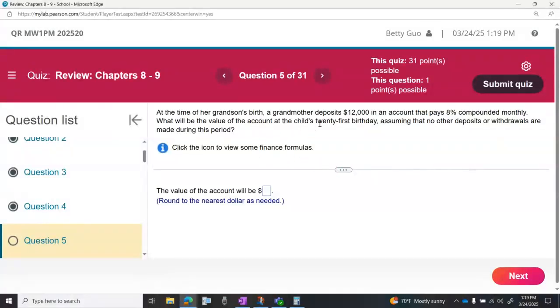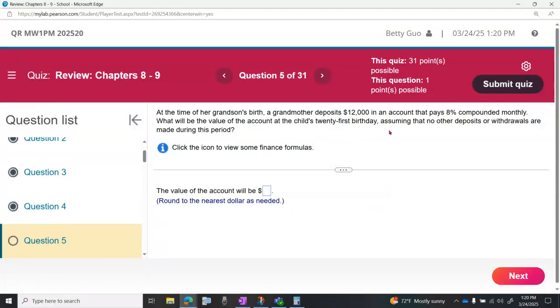And we are looking for the future value of the account in 21 years. So on your scratch paper, please write down t equals 21. Okay, I'll give you a little time, because later when I pull out my TI-84 calculator, you won't see those. So on your scratch paper, please write down